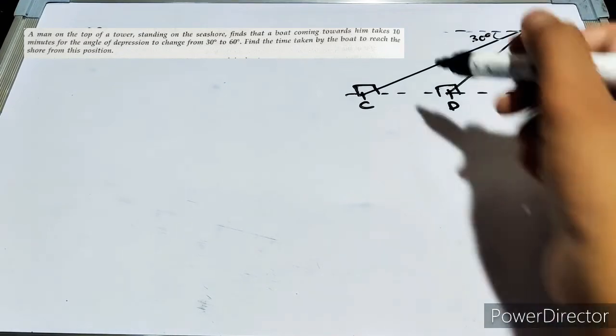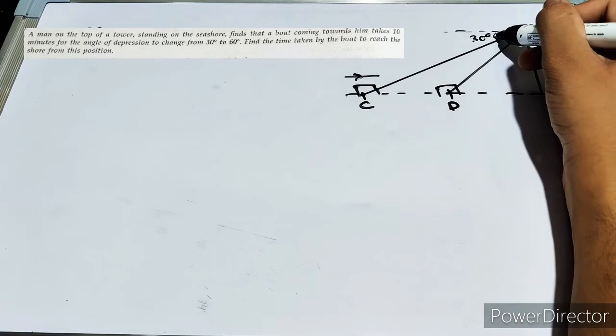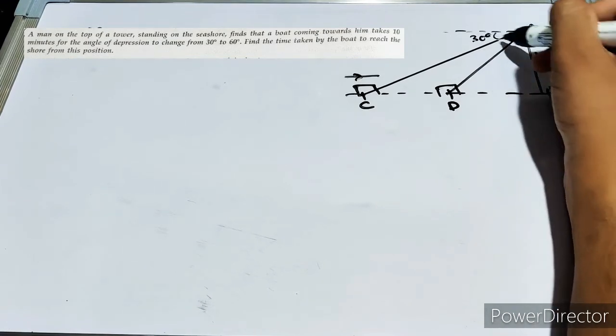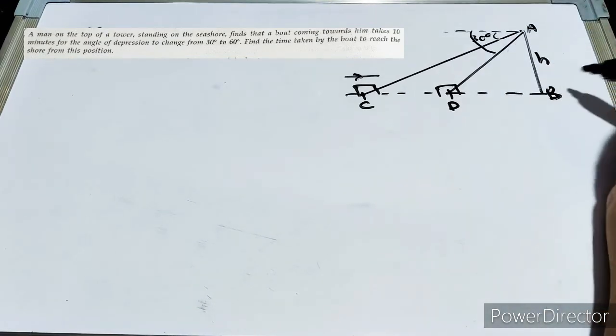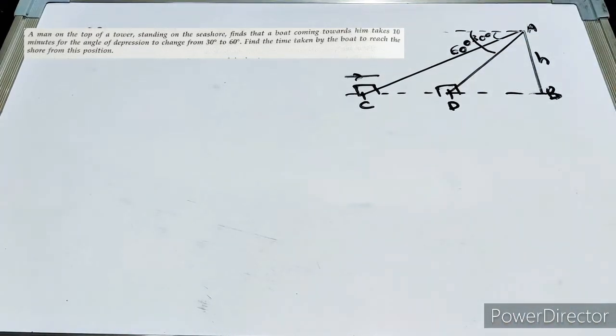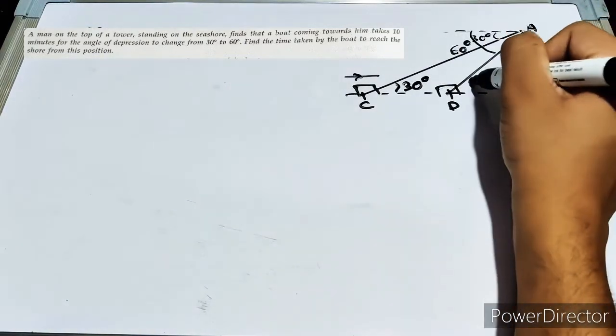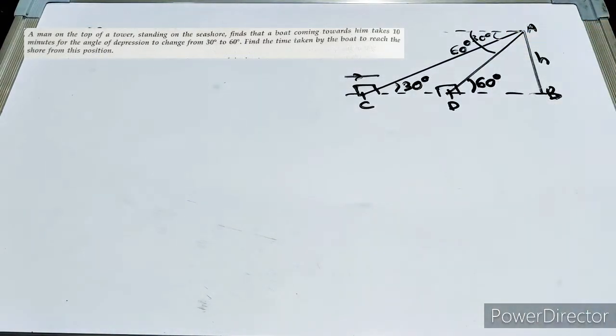it becomes 60 degree. Means definitely the boat is moving in this direction, because the angle of depression was 30 earlier, then became 60, the angle increased. This means the boat is moving towards its base, so this is 60 degree. And from the alternate angles we learned in the last question, this will be 30 degree and this will be 60 degree. Okay, now they have asked to find the time taken by the boat to reach the shore from this